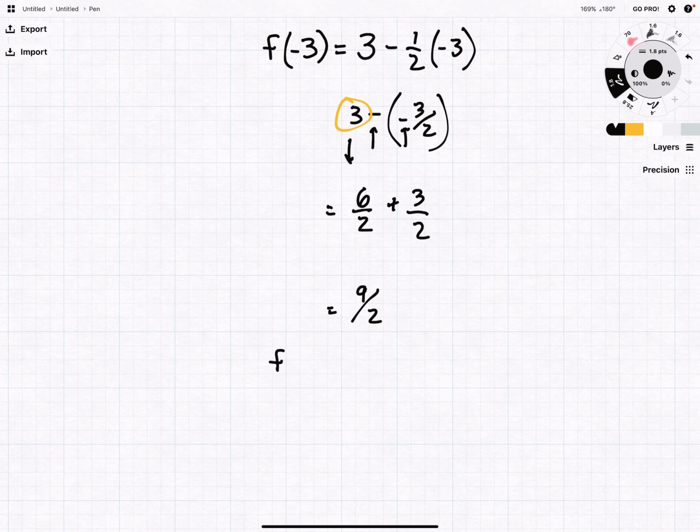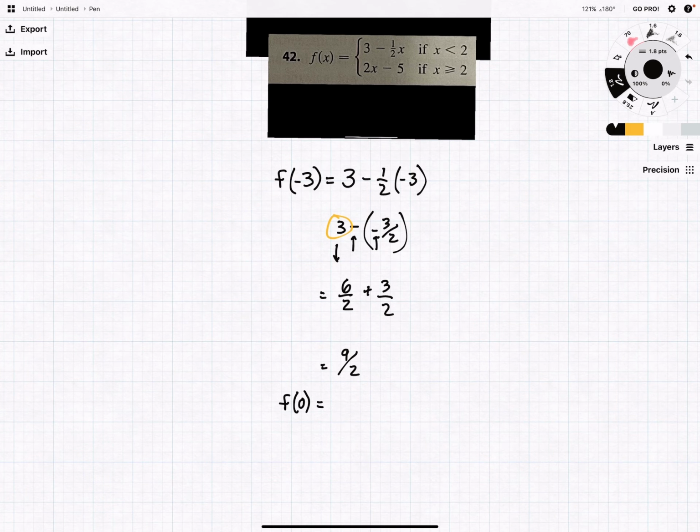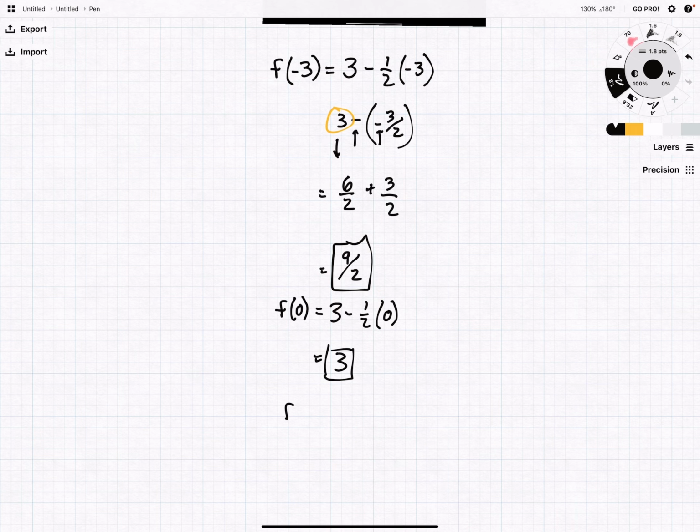Now f of 0. Well, let's go ahead and check again, right? x less than 2. We'll use 3 minus 1/2 of x, which is 0. And that's just going to get us 3. Okay, so we have our f of negative 3, we have f of 0, and the last one was